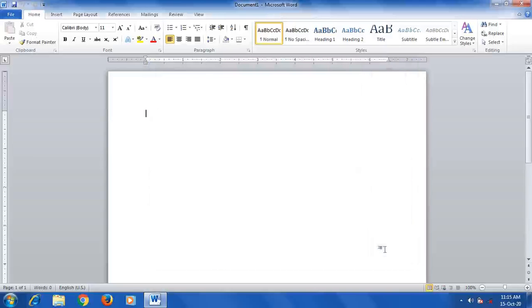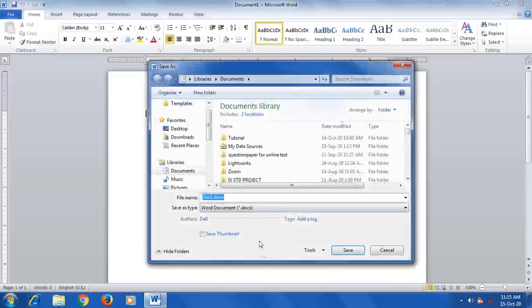So this is all about saving, and the extension of Microsoft Word is .docx. So a file always gets saved with the .docx extension. You can see here, when you click on the save button, after the file name doc1, .docx is showing. This .docx is the extension of this file.